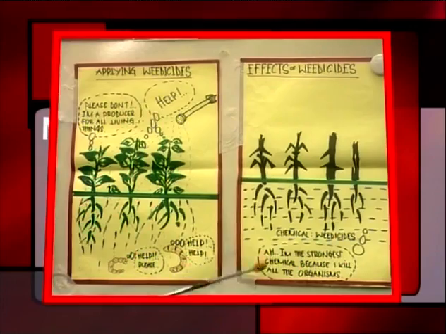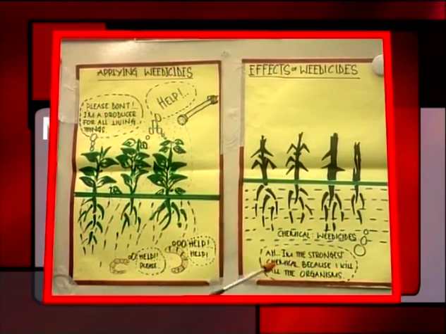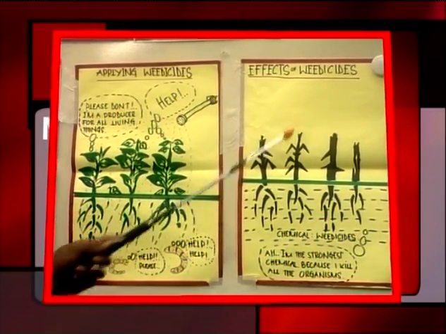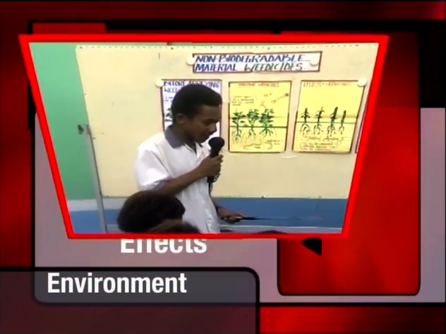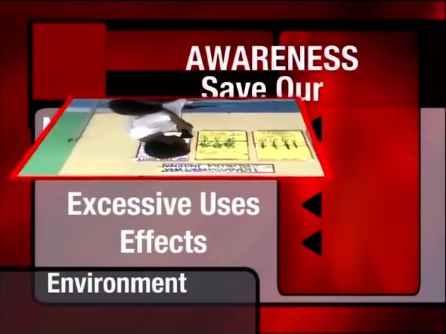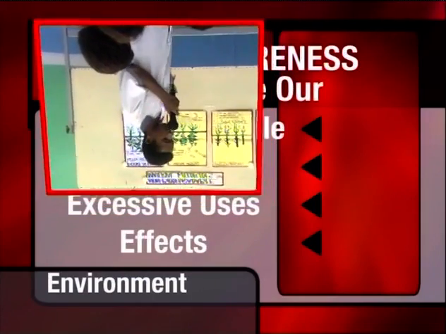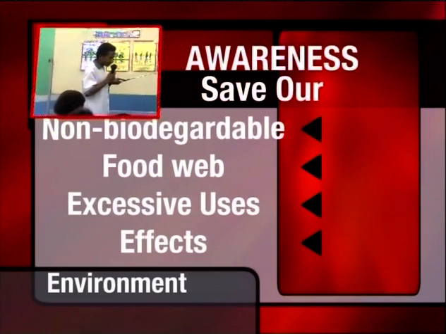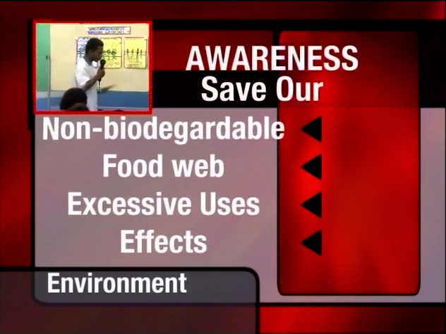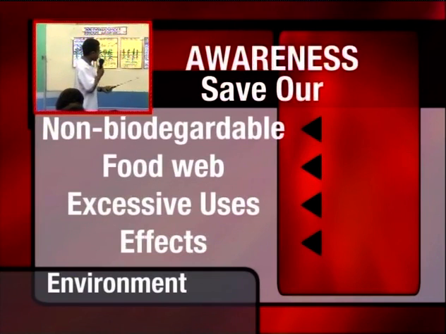So, in order not to use chemicals, use your 10 fingers, or you can use grass knives or tractors to cut the grass. Once this grass decays, it will make its own food. They will produce nutrients, so other plants that are growing will use the same nutrients that are produced by